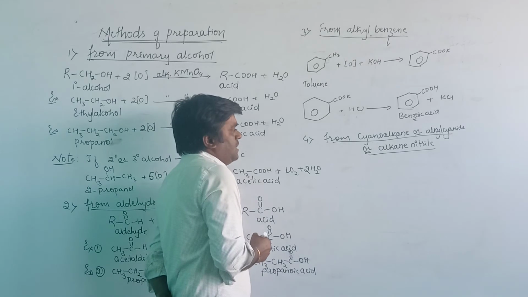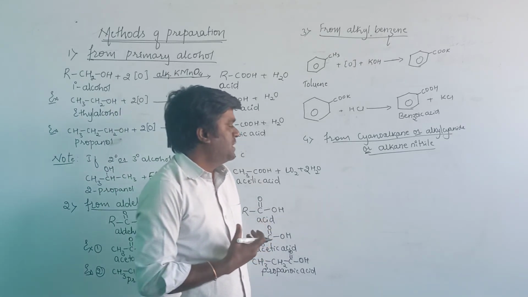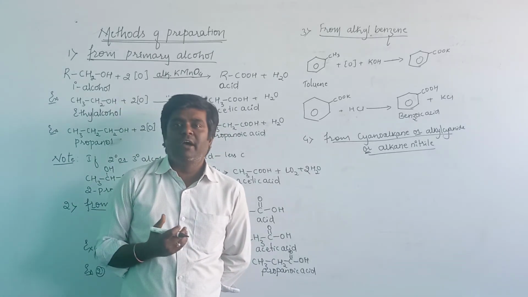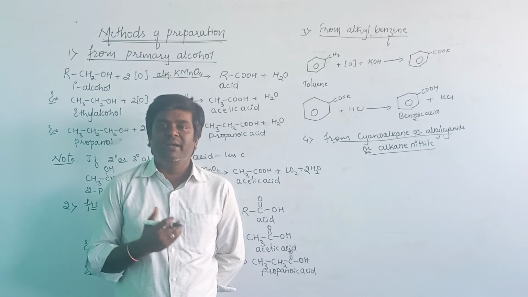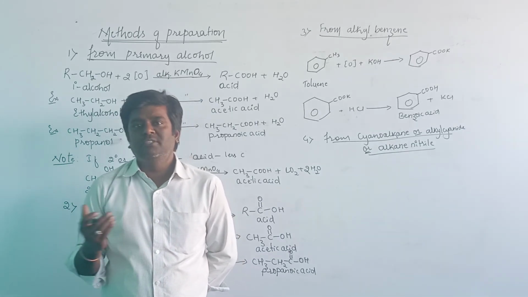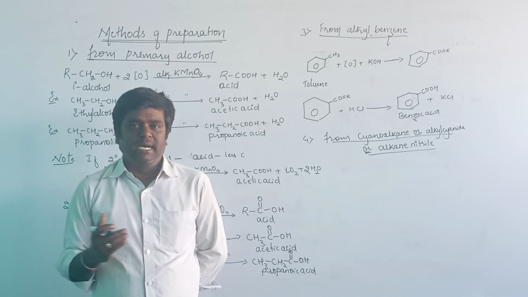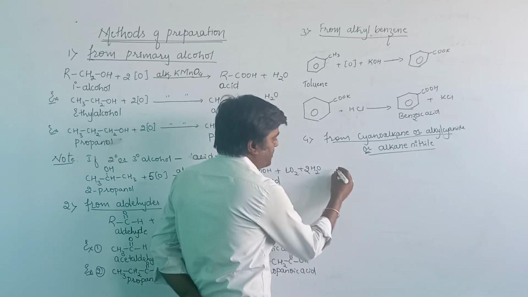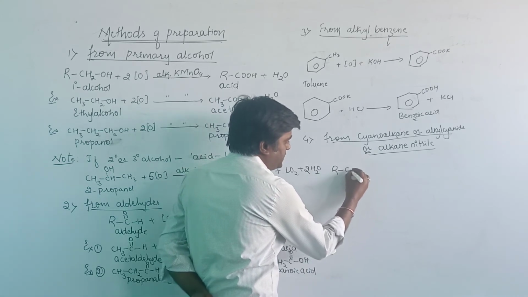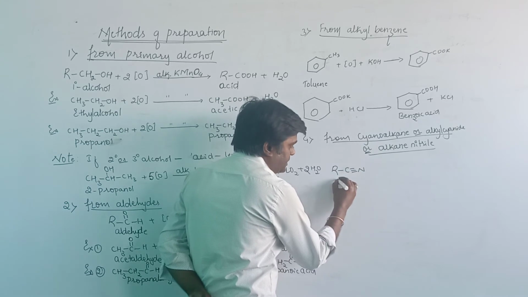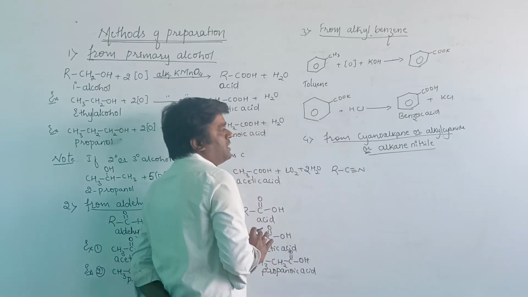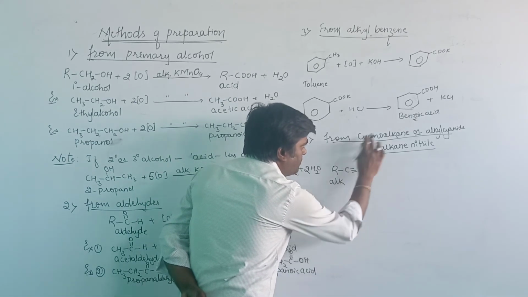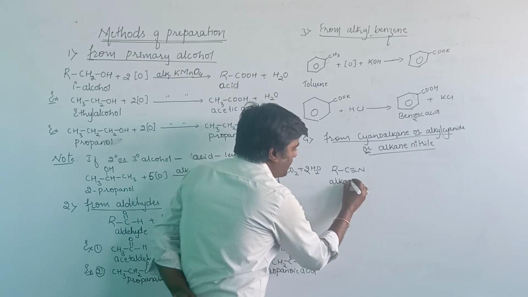When an alkane nitrile undergoes hydrolysis in the presence of hydrochloric acid, it will give the amide, which on further hydrolysis gives the carboxylic acid. Then let us see how the carboxylic acids are prepared here. RC triple bond N is known as an alkane nitrile or cyanoalkane or alkyl cyanide. We can write any one of the names.